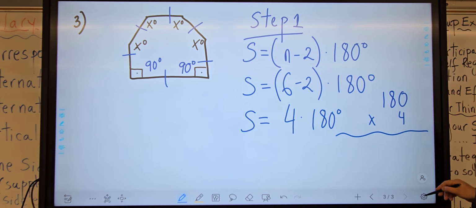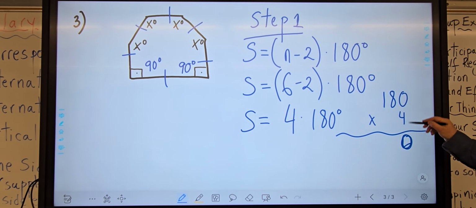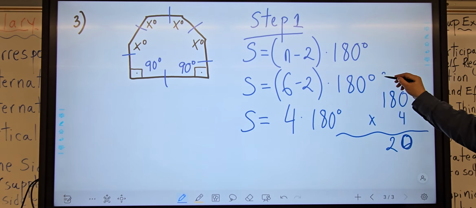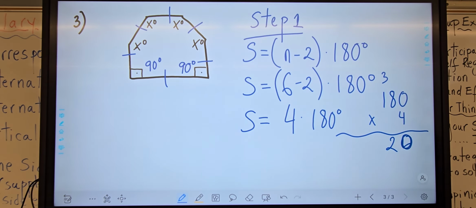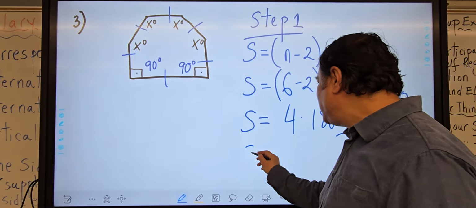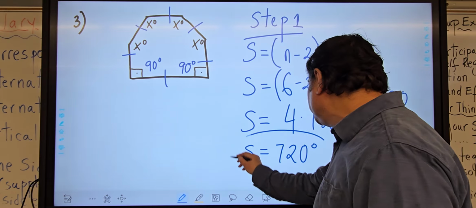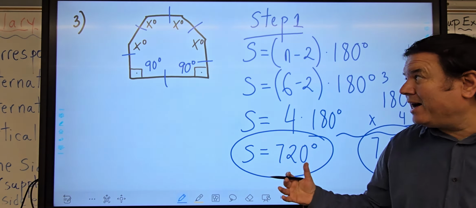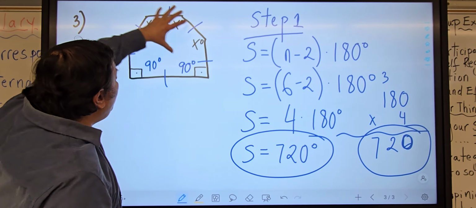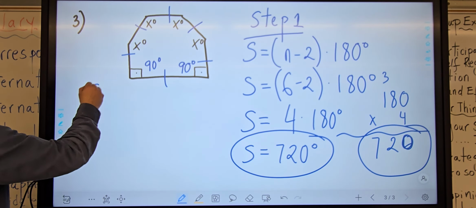Let's see what we get. 4 times 0, 0. Okay. 4 times 8, 32. 2, carry the 3. 4 times 1, 4 plus 3 is 7. 720 degrees, right? So S equals 720 degrees. But we are not done, because now we know the value of all the angles in this polygon. So step number two